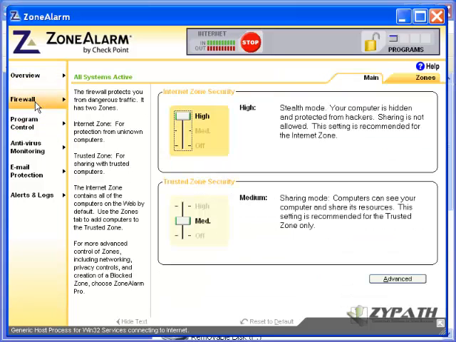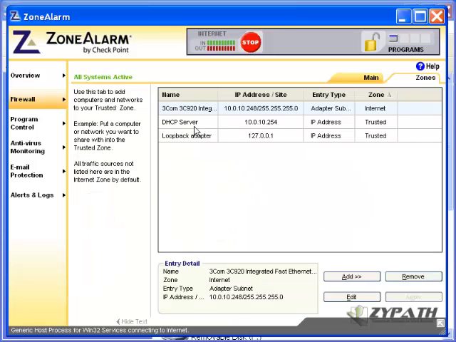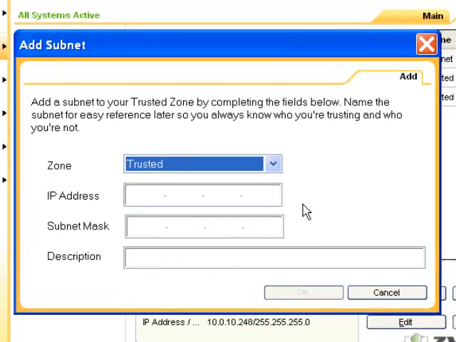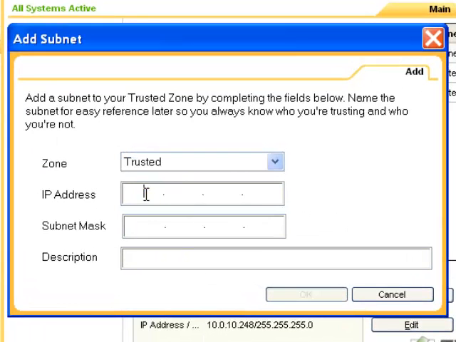Okay, some of the things we have to set up, we've got to go in and we've got to set up the firewall, we've got to set up a zone. What this does is if you have more than one computer on a network, or if your computer is not directly connected to the internet, you need to do this so that you can communicate with your router and with the internet. So we're going to add a subnet, and that's going to allow us to add a group of computers by giving a network address. In my case, it's 10.0.10.0 with a subnet mask of